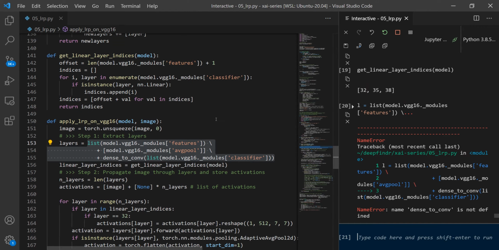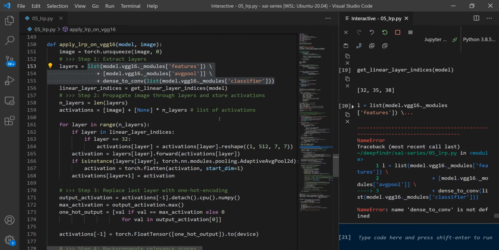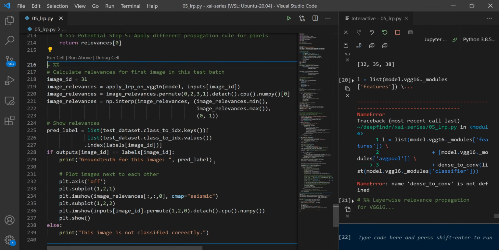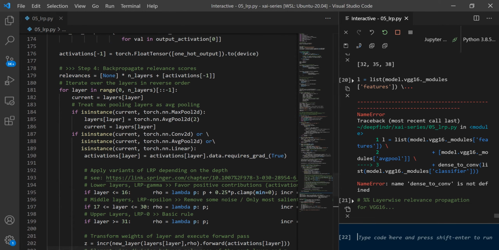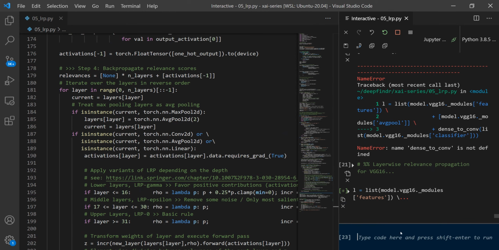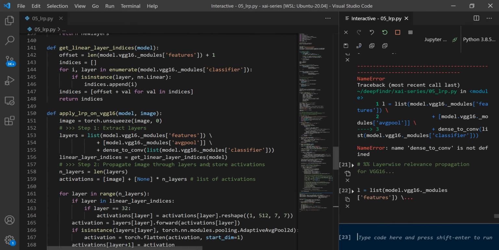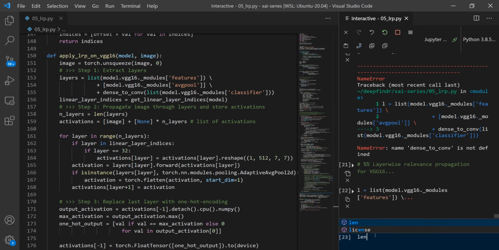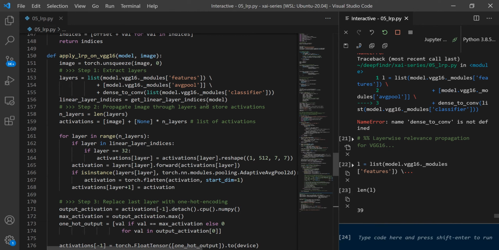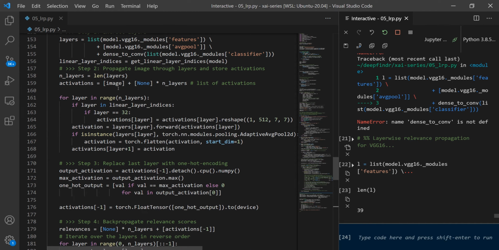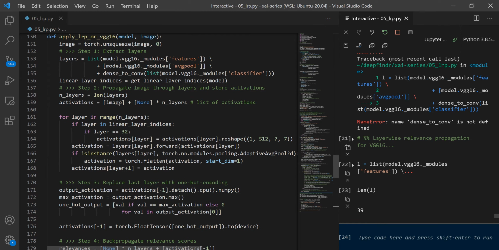Okay, all of the functions are not defined right now. I think I run this, maybe. Then let's do it again. Okay. And now we can say length of L. Okay, so we have 39 layers in our VGG16, and we create a placeholder now for the activations in each